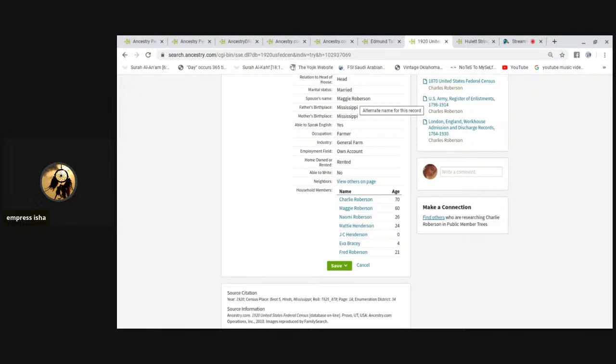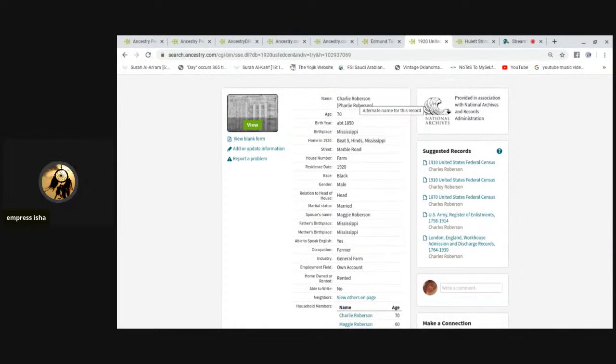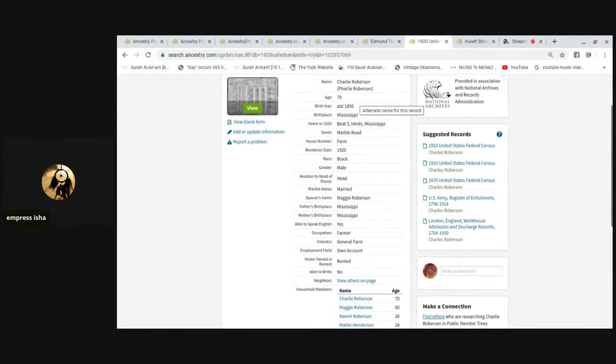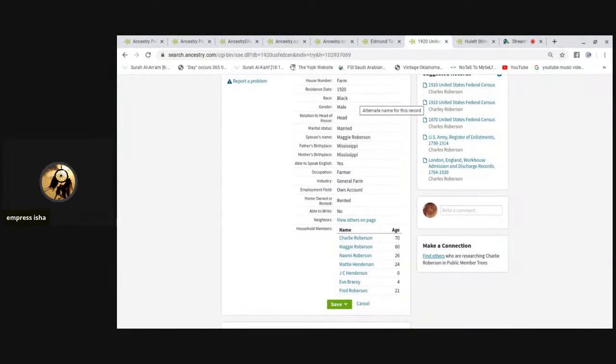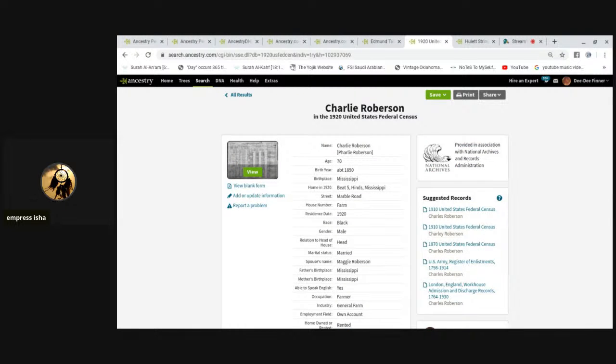I'm looking for Collins Robinson in 1920, because Jim Collins Robinson married Bobby or Barbara Tate, which is the reason why I believe the DNA file that I'm looking for is